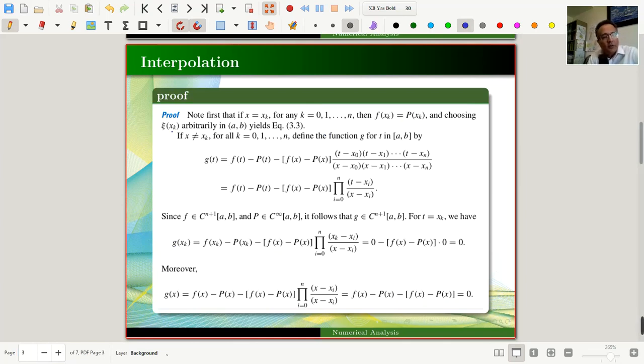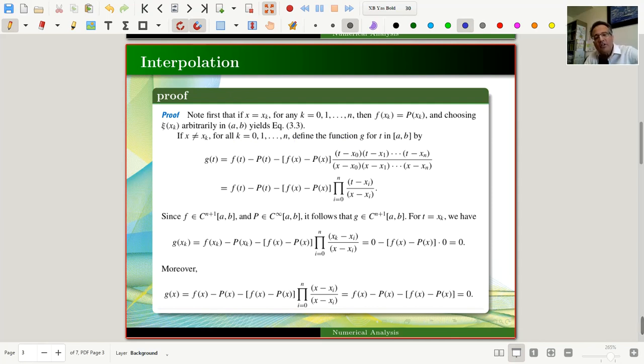We can choose xk arbitrarily in the interval [a, b], and the equation is true. So we now let x not equal to xk for all k equal to 0, 1 to n,